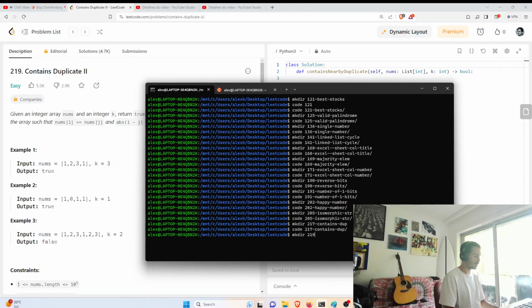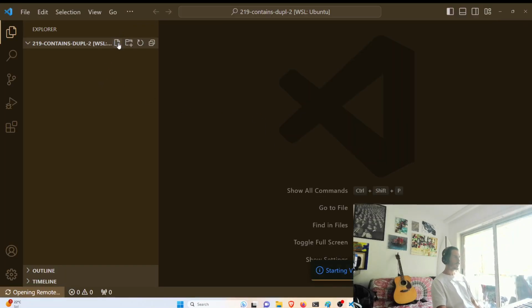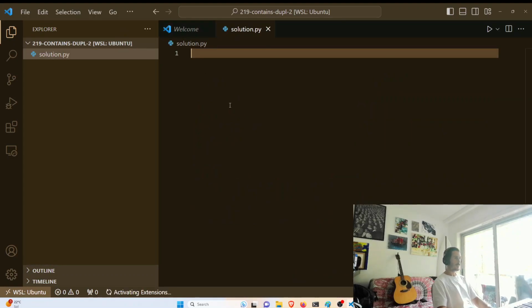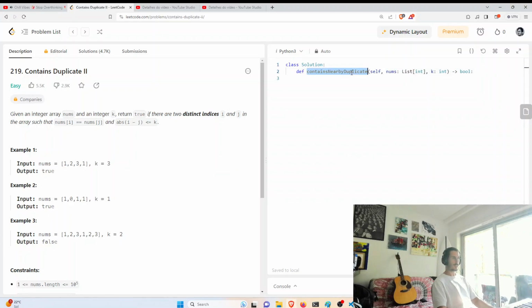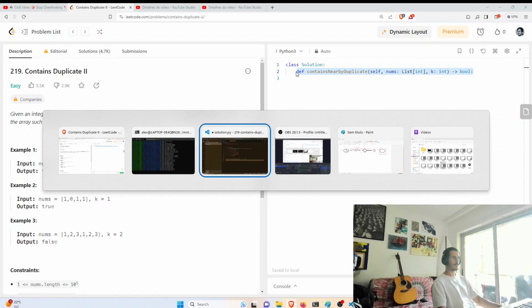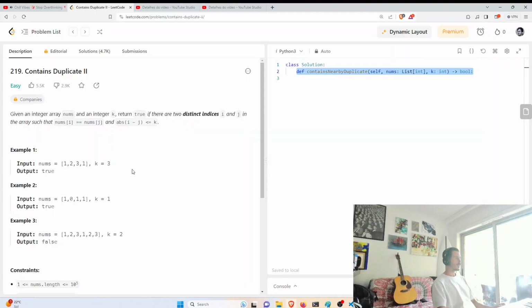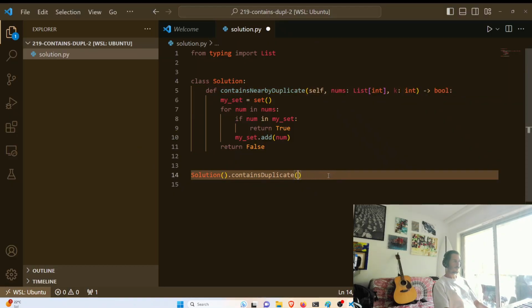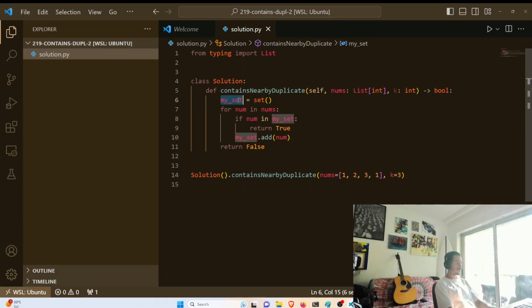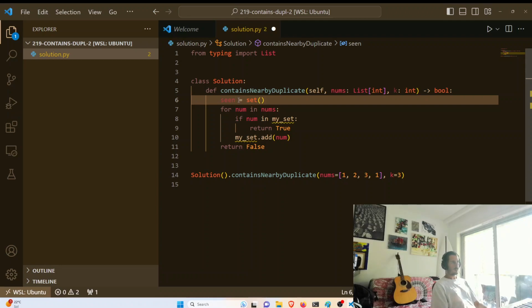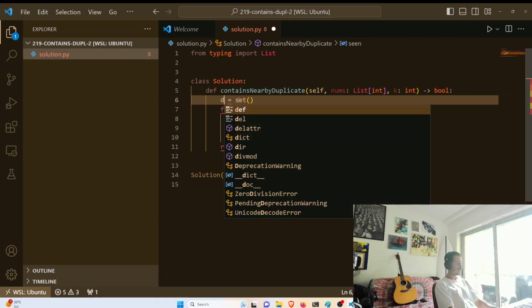So, make a new file, 219, contains duplicate 2, LeetCode 219, solution.py, contains nearby duplicates. Seen, or something, distance counter